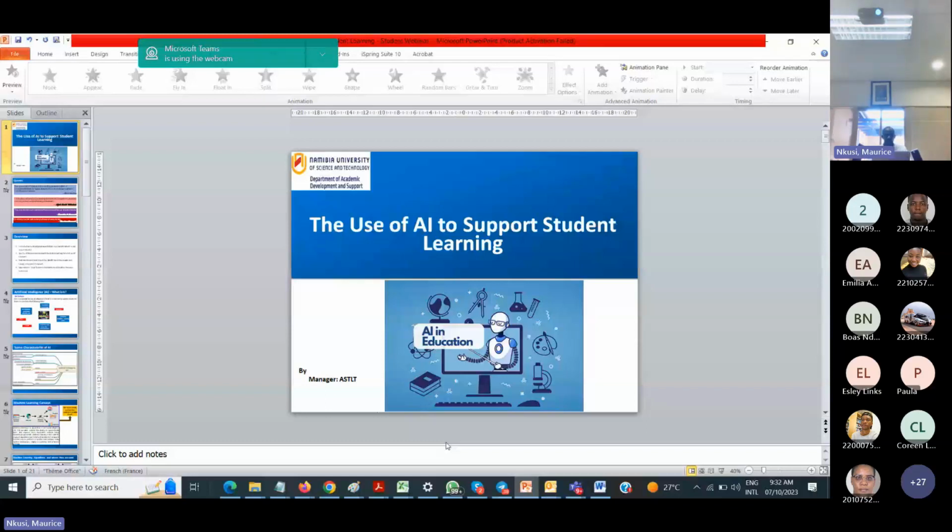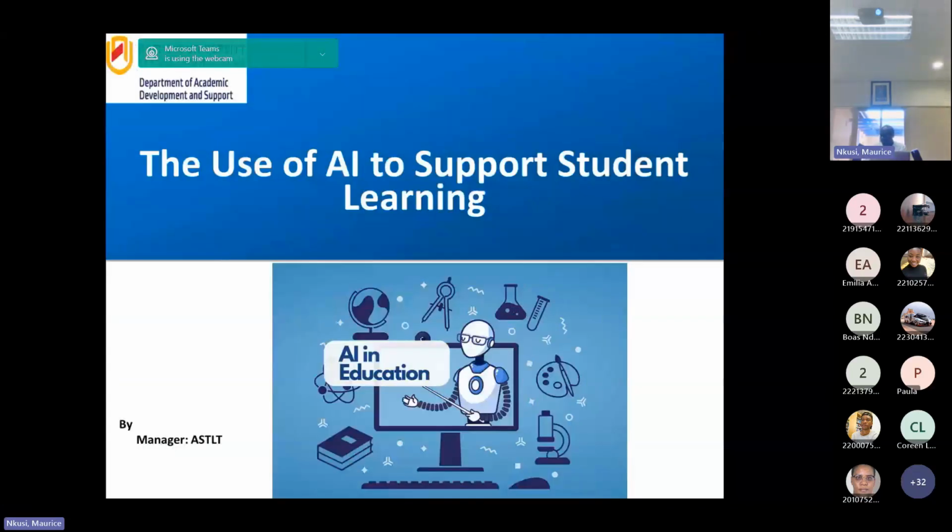We introduced ourselves already. This presentation is about something that is really important for students, not only students, even lecturers, even professionals in different areas: how to use artificial intelligence to get any kind of information quickly and accurately, so that we can use that information to address issues and solve problems in whatever work we are doing, especially for you students, how you can use this technology to fill the gap.